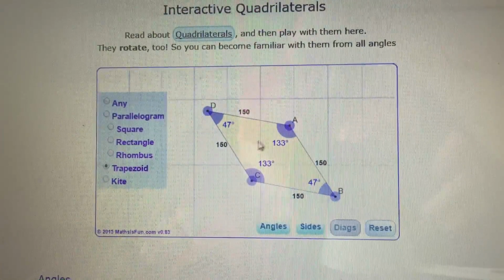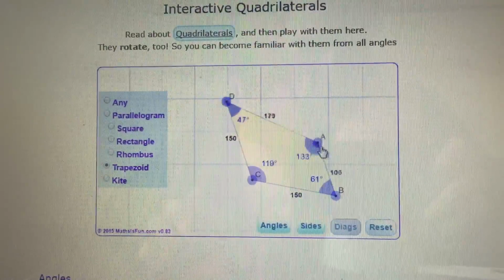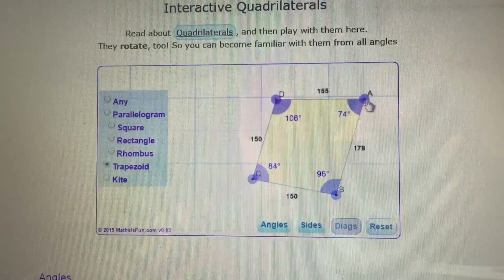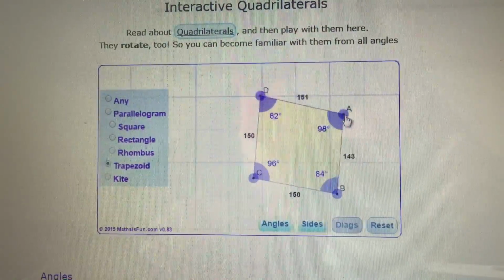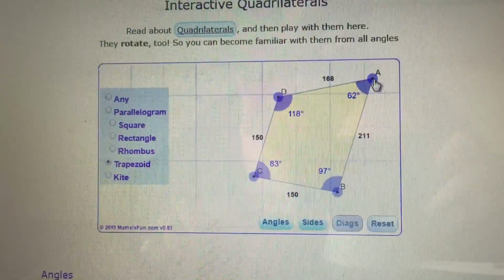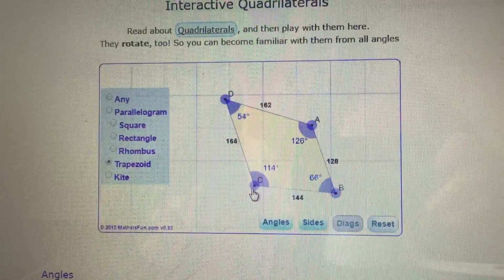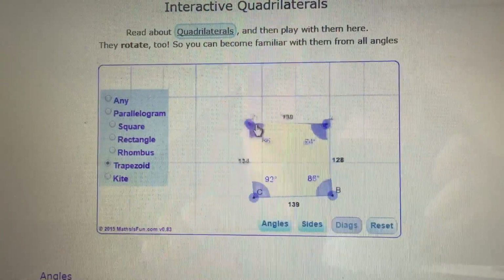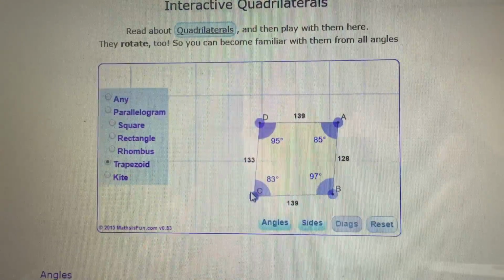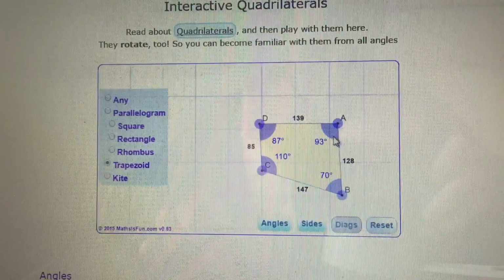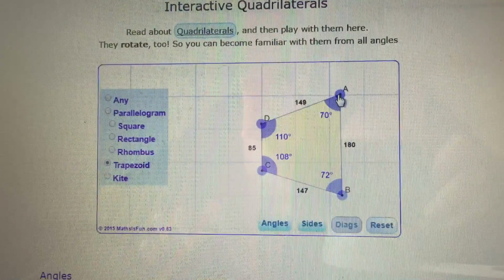Trapezoids get a little strange because when you move them, you can move this point anywhere you'd like, and the shape will follow in order to give you one pair of parallel sides, but the rest of it won't change too much at all. And this probably isn't like a trapezoid that students have seen before, so if they're struggling, I would go to their computer and I would set up a trapezoid that looks more like what they think of as a conventional trapezoid, which if you're watching me right now is harder than it looks because there's something like it. It's kind of sideways, but that's okay. So you can make this the traditional,